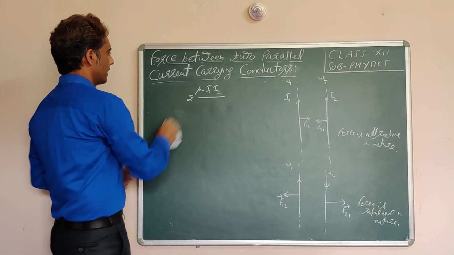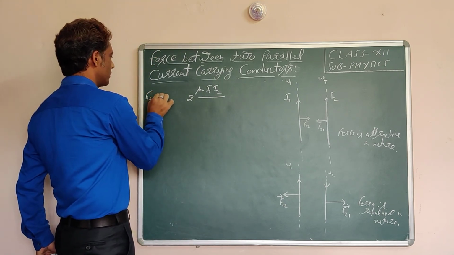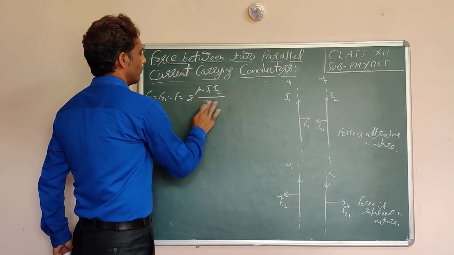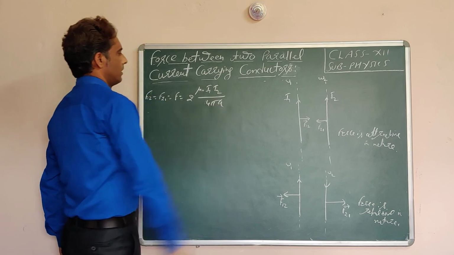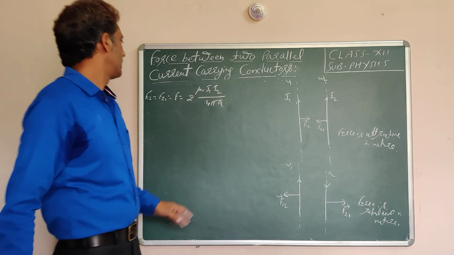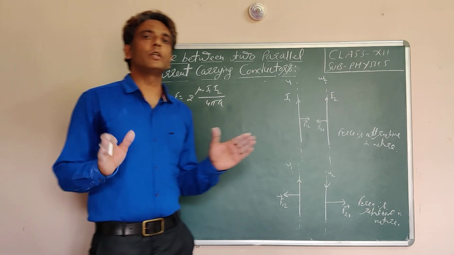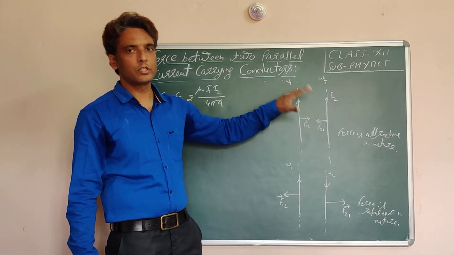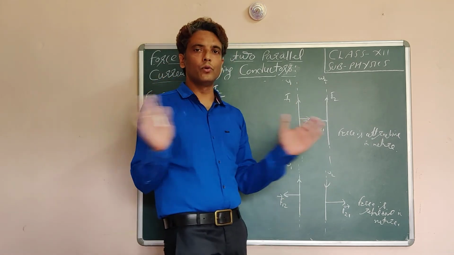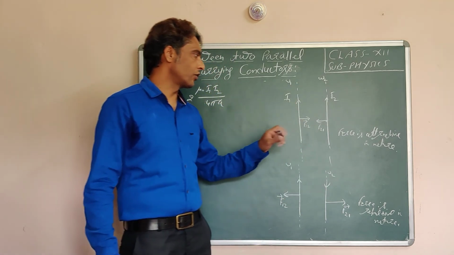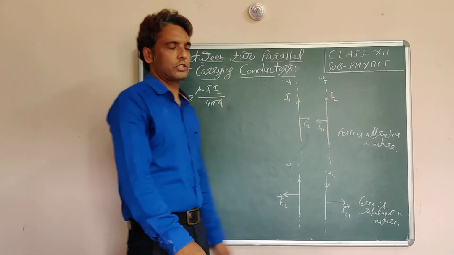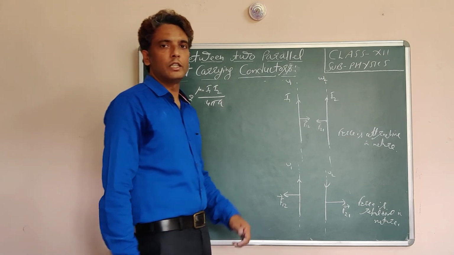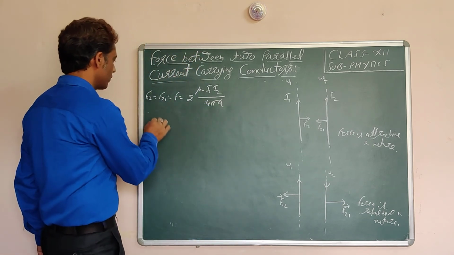I name it as F, so F12 is equal to F21, that be F. So this is the expression for force per unit length between two parallel current carrying conductors, and the direction of force depends upon the direction of current in both the conductors. So from this expression we will define ampere, that is the unit of current. So the definition of ampere: